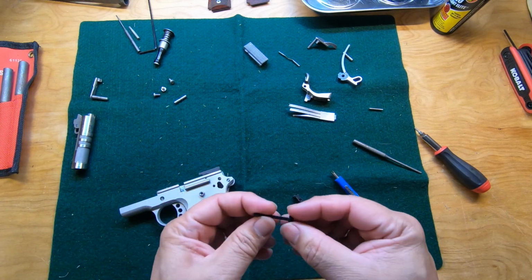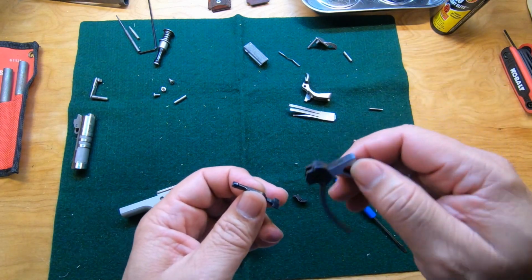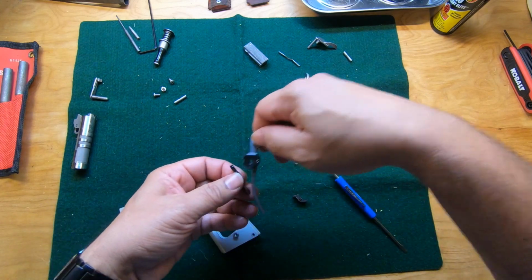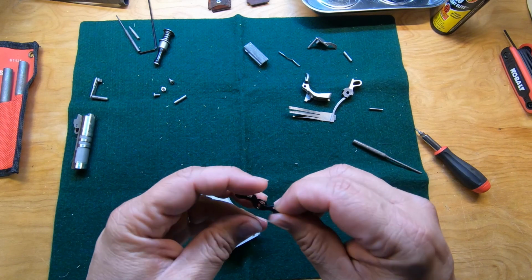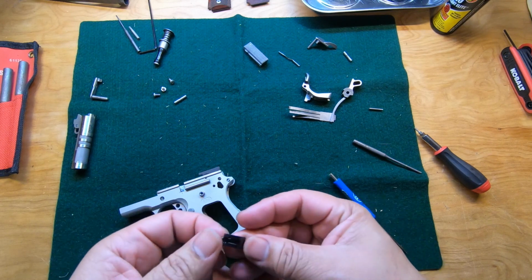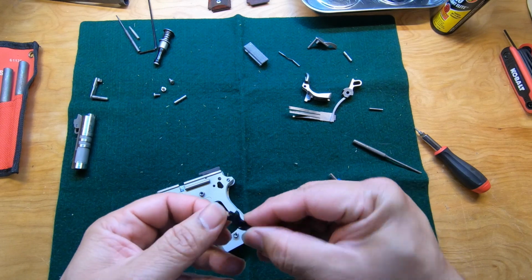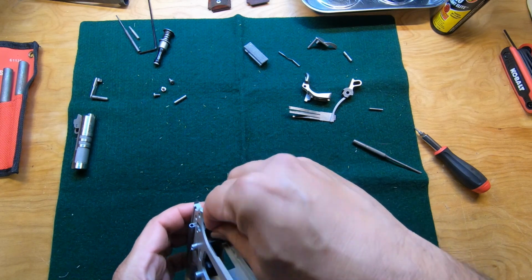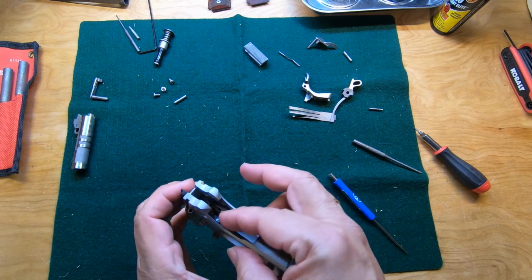So the sear and the rocker assembly, this flat part here goes against the hammer bar when it's in the frame like so. And the rocker could only go one way over it, like so. If you try it any other way, it won't work. It just won't line up, if you see what I mean. So the rocker goes on top of it like so, and the sear goes in the bigger hole on the frame,